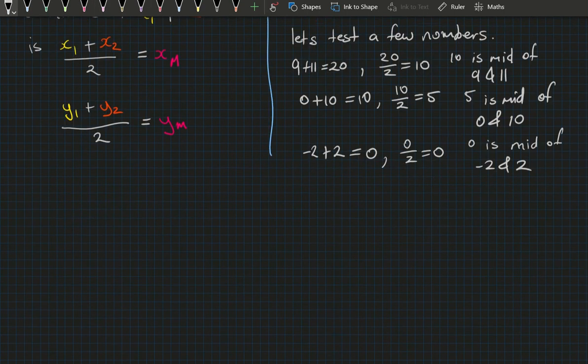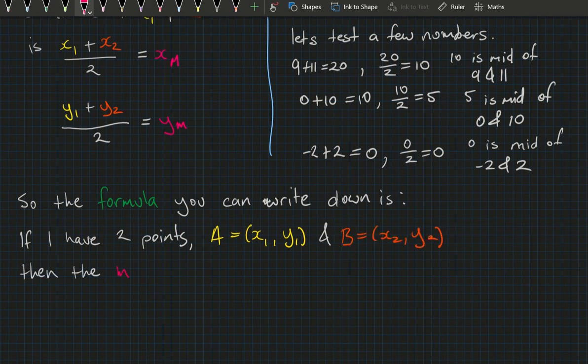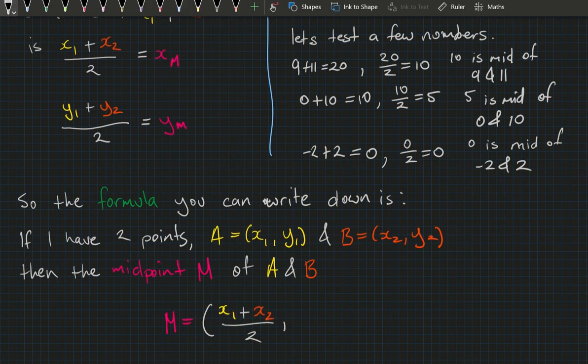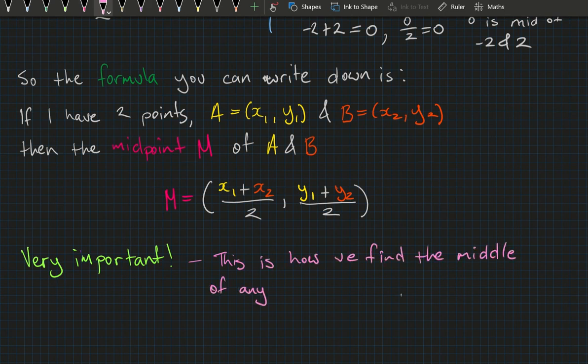So the formula you can write down is, if I have 2 points, A equal to x1, y1, and B equal to x2, y2, then the midpoint M of A and B can be formally written as M is equal to a point with X value x1 plus x2 on 2, and Y value y1 plus y2 on 2. This is a very important fact because this is how we find the middle of any 2 points on